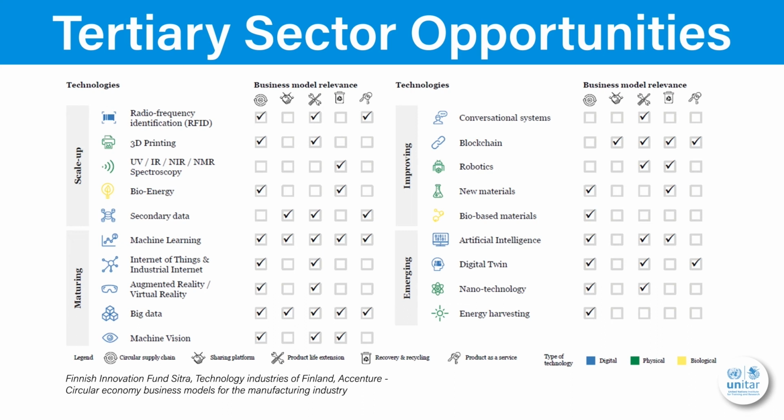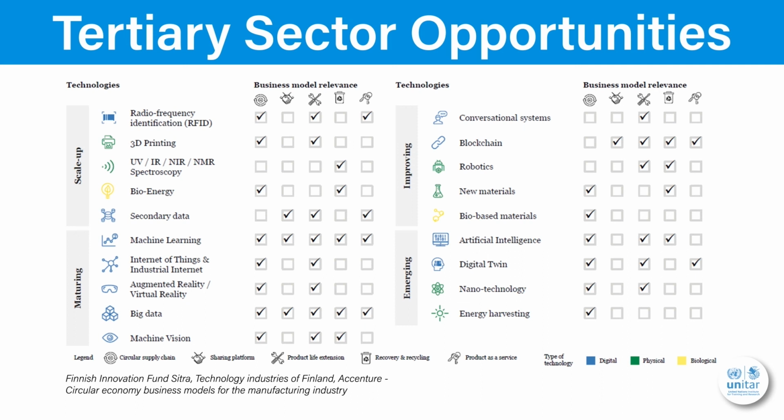This overview from the handbook, Circular Economy Business Models for the Manufacturing Industry, gives an overview of various technologies and stage of development, from emerging to scale up. It also shows the impact on the value chain in the manufacturing industry, such as recycling and recovery, product life extension, or circular supply chain. Emerging technologies, still in the research and development phase, such as nanotechnology, can play a key role in improving life expectancy of various products,